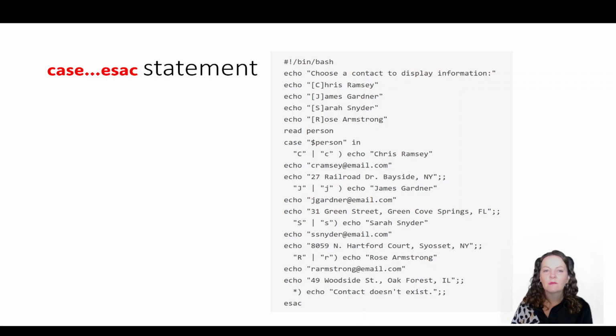Whereas, there's their postal address. If they've entered J, uppercase or lowercase, you'll echo back his name, email, and address. If they've entered S, you get it. Down to the end, and you can see for every case, for every option that the user has, the double semicolons don't occur until just before the next case statement, all right? So there you get all of those. So there's your double quotes there at the end. So again,